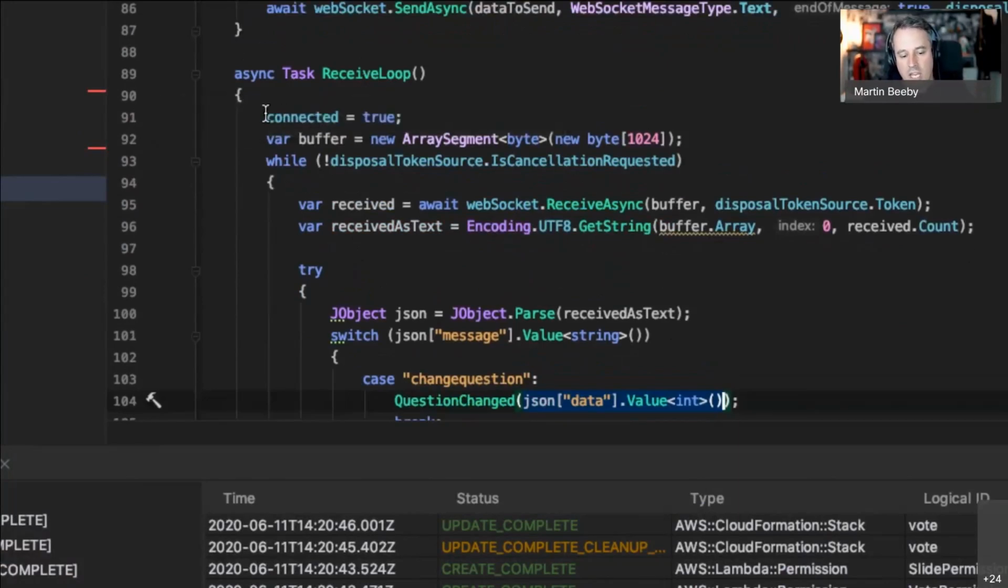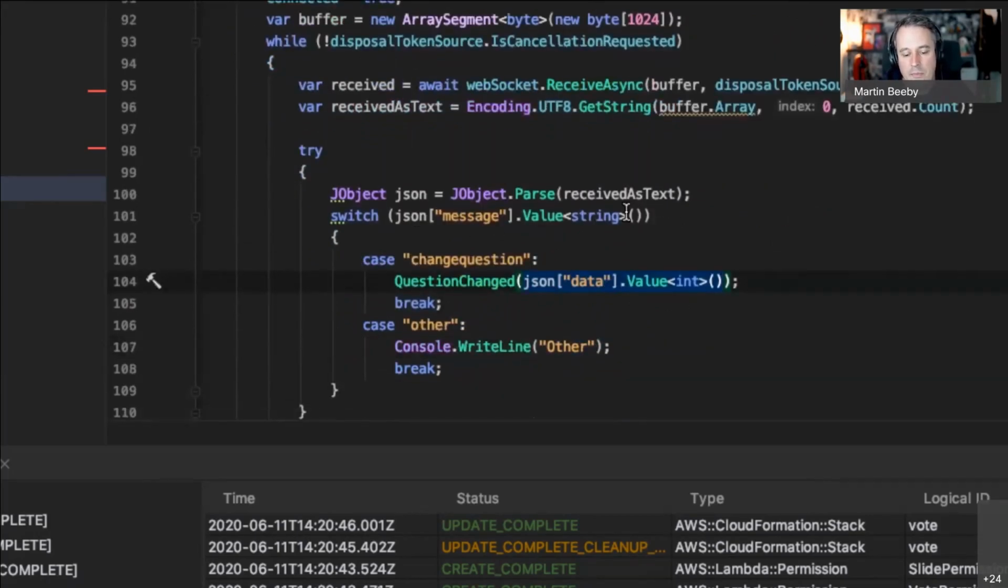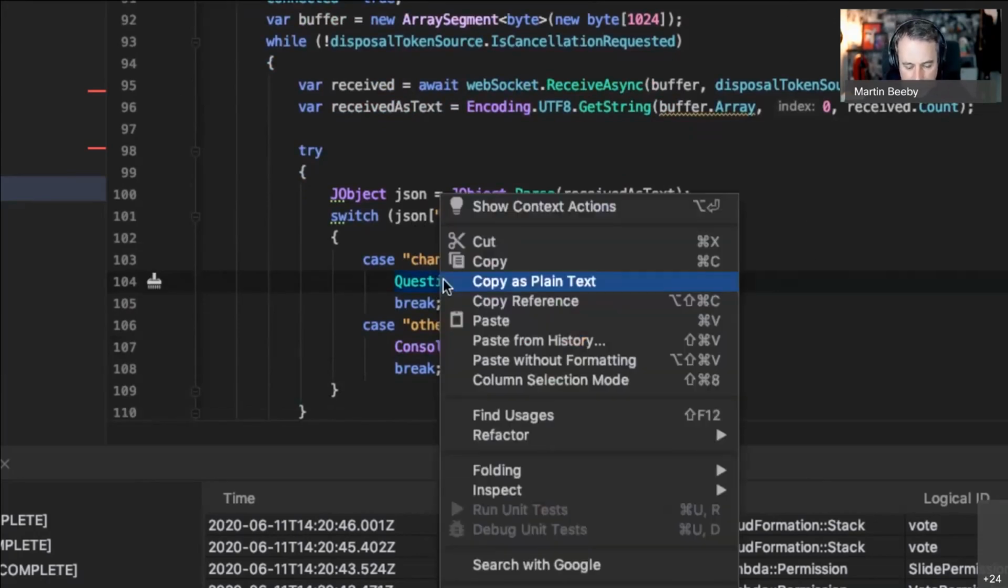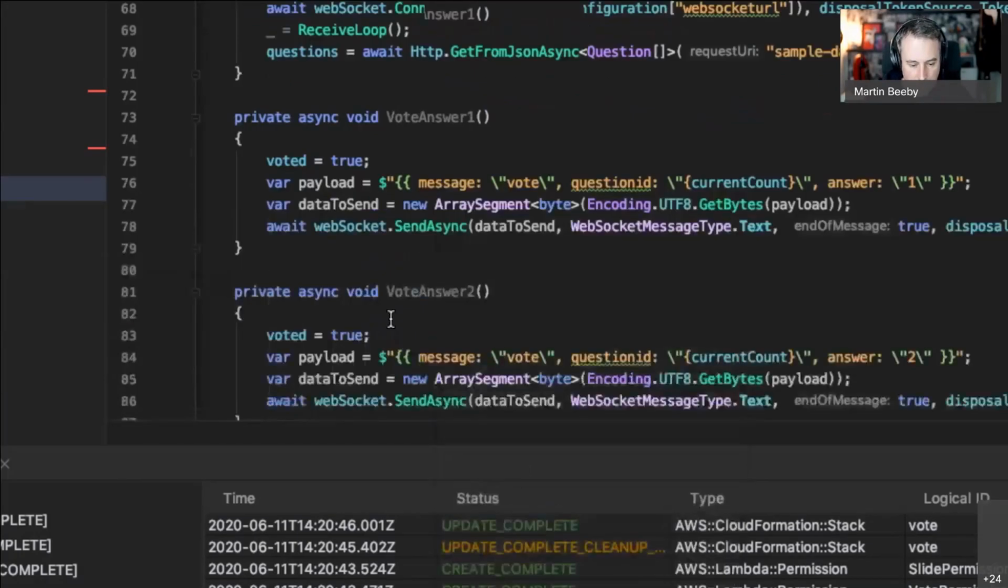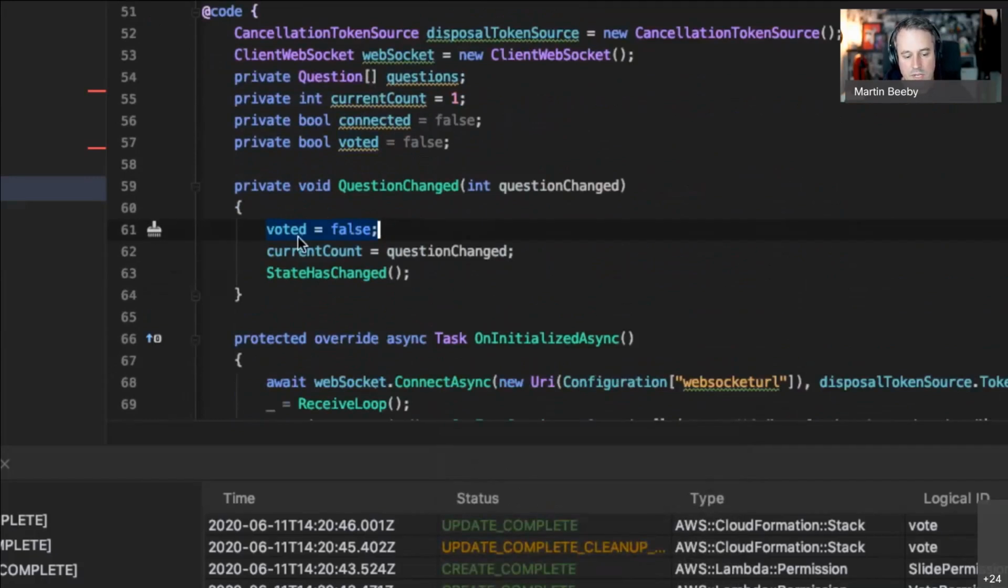And what I do is I take the WebSocket.receive async information, and I receive it as text. Now it's actually JSON, so I cast it as a JSON object. I look for the message part of it. And if it's change question, then I'm basically going to change the question which is currently displayed on the screen. And change question, all that does is, I'll just scroll to it. Change question over here basically changes voted to false, changes current count to the current question, and then calls this